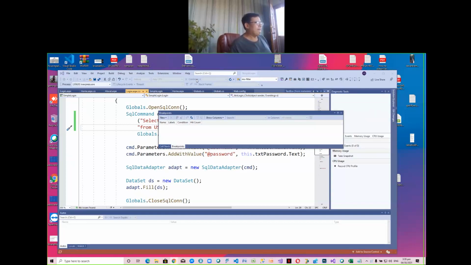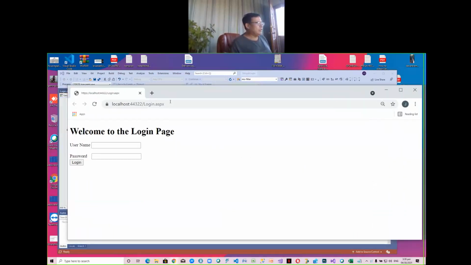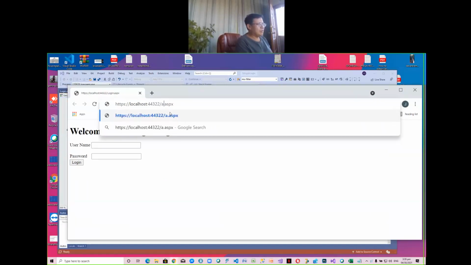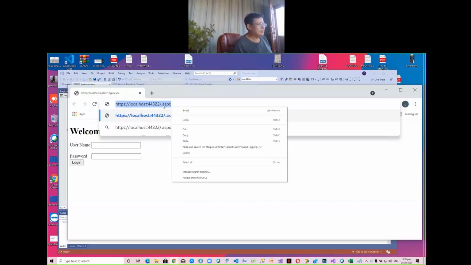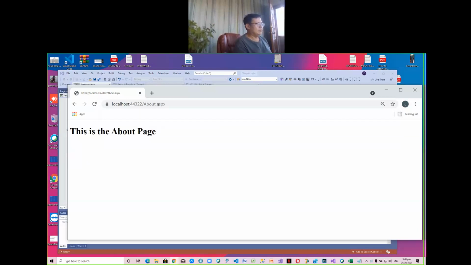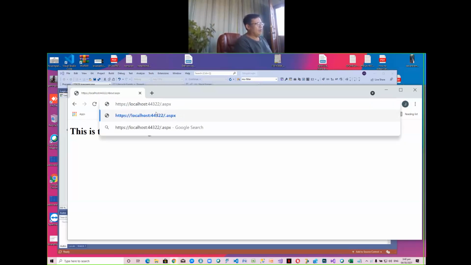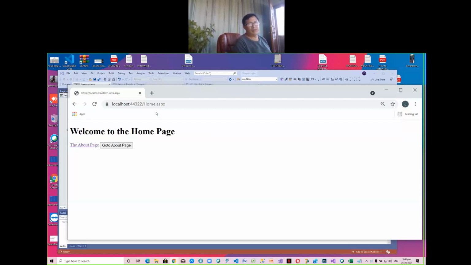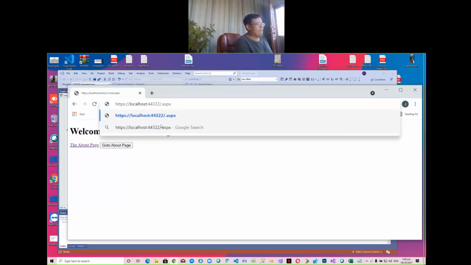Kasi ganito eh. Kung hindi siya nakalogin, pwede siyang dumiretso sa about page. And then we also don't want him to go to the home page, for example. Pumunta siya sa home page, hindi pa siya nakalogin. Okay? Do you follow? What we'd like to do is to